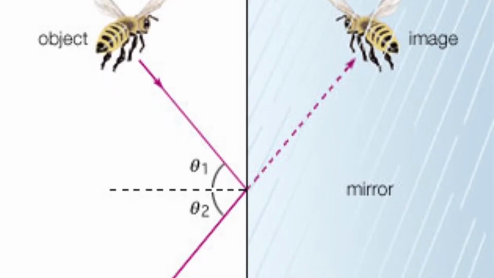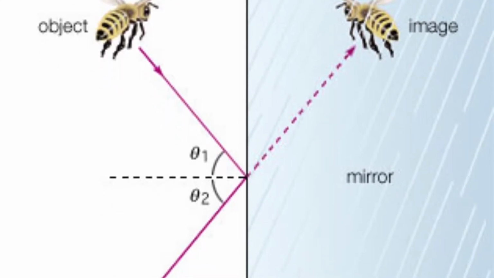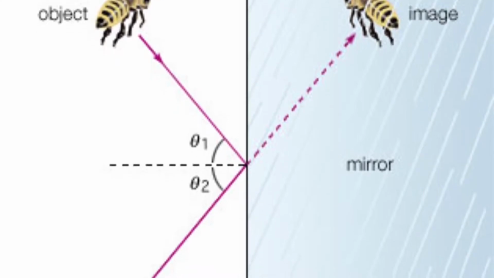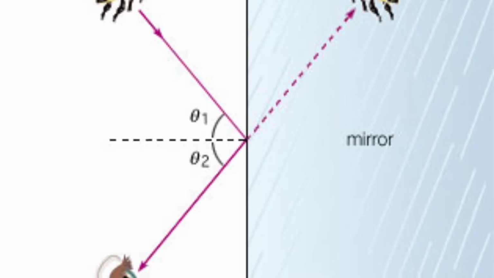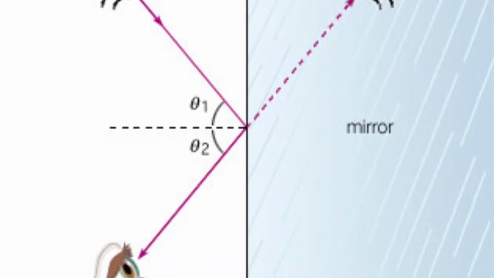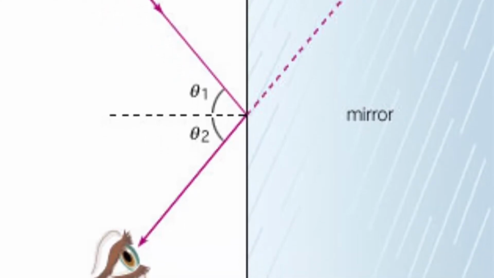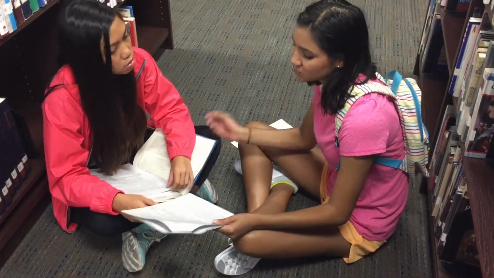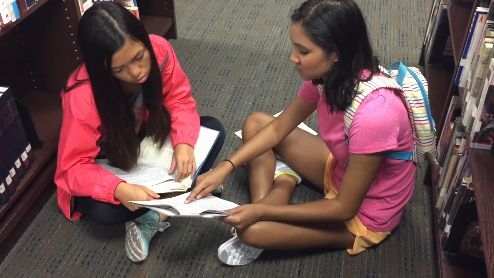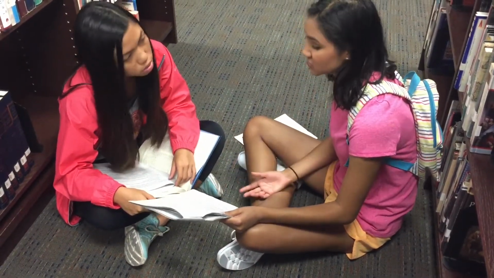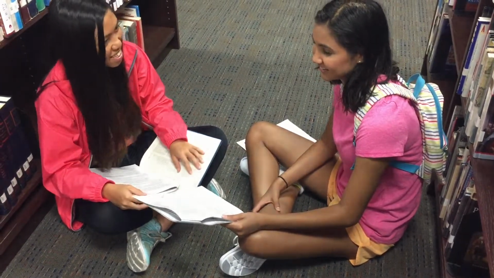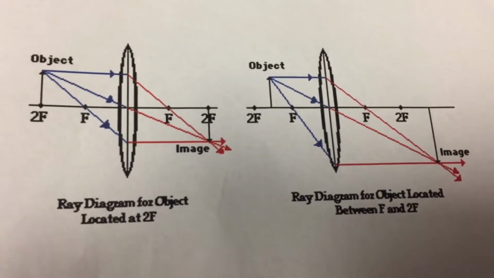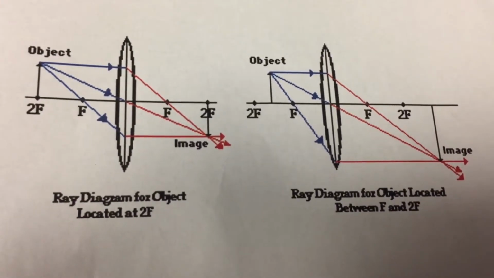For a convex lens, parallel light rays passing through are bent inward toward the focal point. The image of a convex lens is upside down and always smaller than the actual image. Since that's covered, let's move on to using ray diagrams to predict the image orientation, location, magnification, and types of convex lens. Let's do this. The distance from the lens to the focal point is called the focal length.